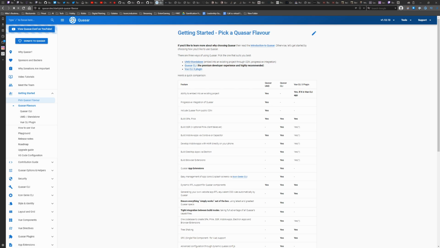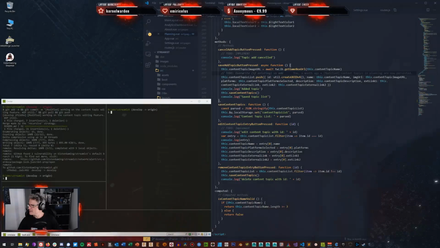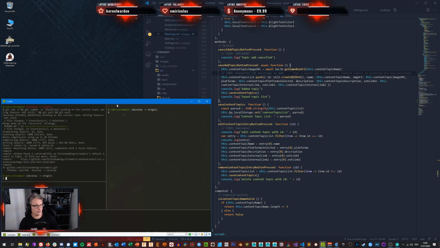So this is the framework I'm using. Quasar wraps quite a few other frameworks. And the main advantage of using Quasar is you will have one code base which covers all the platforms. So if you want to go for Windows, Mac, Linux, browser, single page or dynamic, or you want to go for a tablet, an iOS device, or an Android device, you just write the code once and you deploy it on all the different platforms using Quasar.